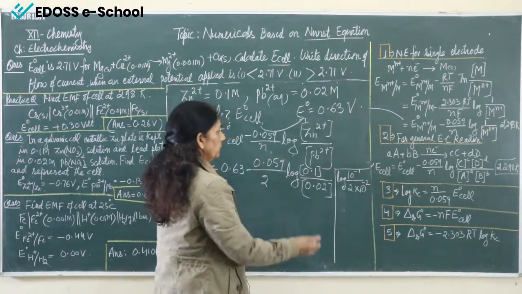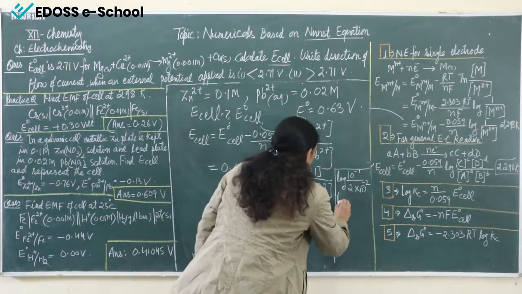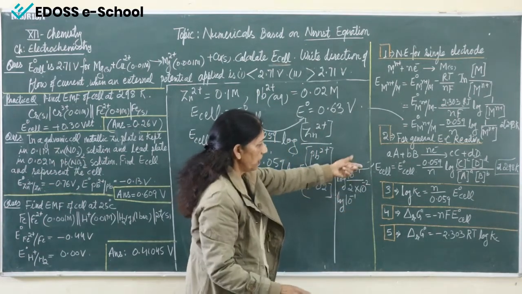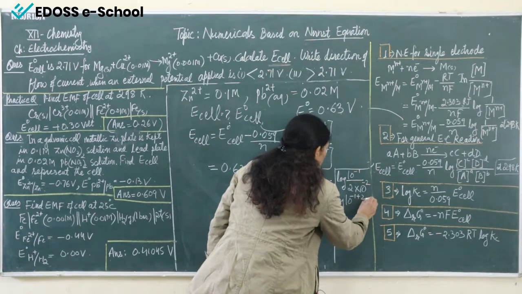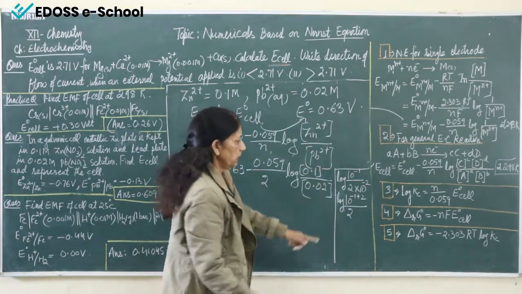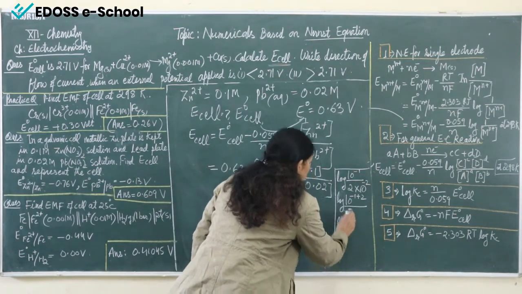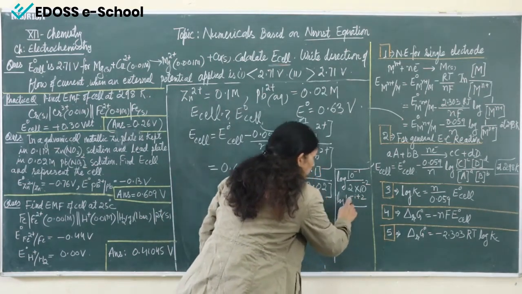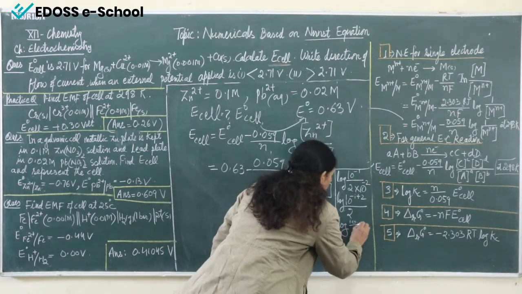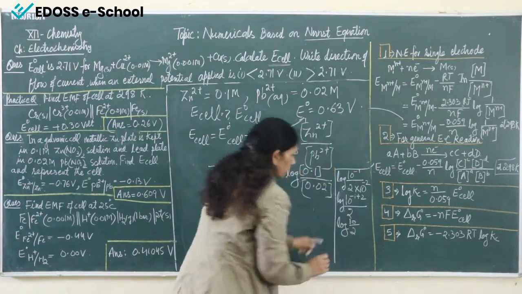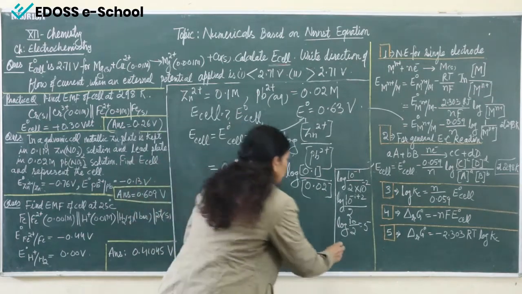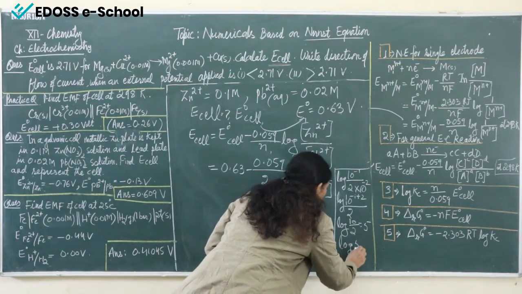Okay. So this is equal to log 10 raised to power minus 1, and this will go up, so it will become plus 2, and upon this will be 2. So this will be equal to log, this is 10 raised to power minus 1 and this is 2, so it will be 10 upon 2. Okay. So this is equal to 5. So here we will put log 5.